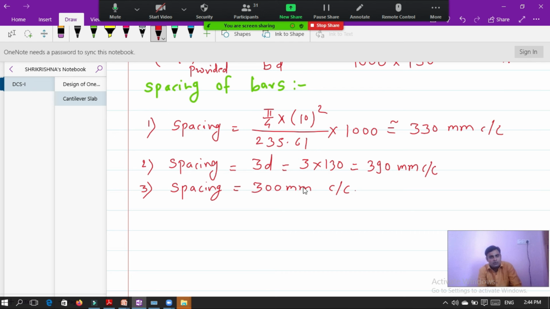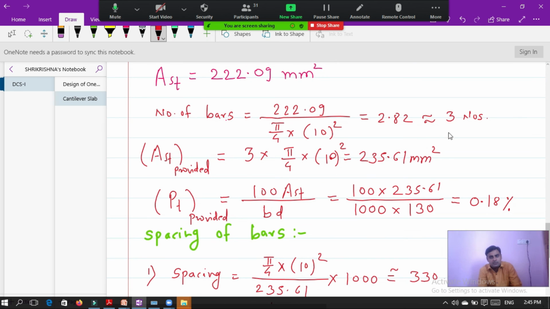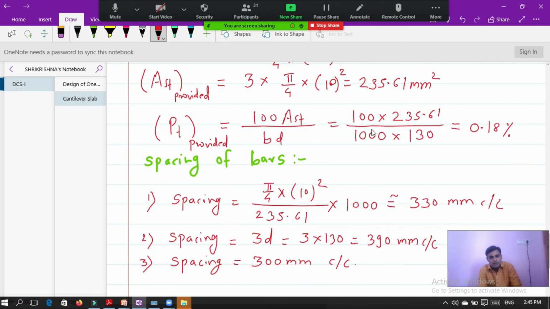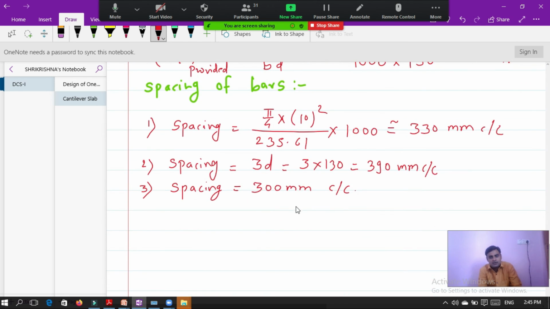So how many bars are we going to provide, 3 or 4? The number of bars we already calculated is 3 bars. Each bar has a diameter of 10 mm and its spacing is 300. So I will write over here,